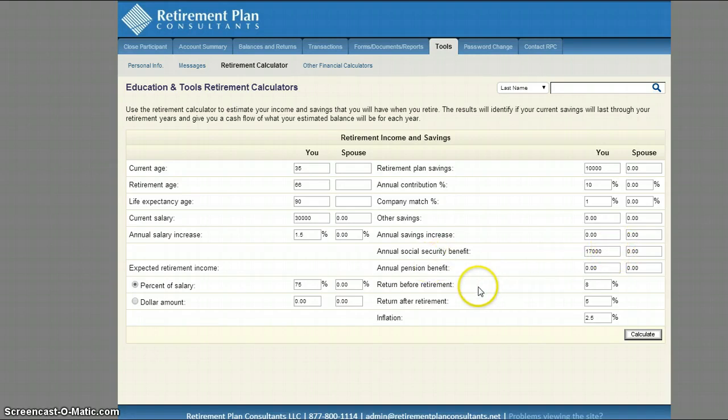And then these two here are pretty important as well. You want to put in a return before retirement. So I put in 8%. That's saying I expect to get about an 8% return on my 401k account while I'm working. And then this 5% is the return that I expect to get in retirement. So I'm assuming that I'm going to be a little bit less risky and use more safe investments that probably aren't going to get as big a return, but we're not going to assume more risk when we're in retirement. And then I put in a 2.5% inflation percentage. So if you hit calculate,